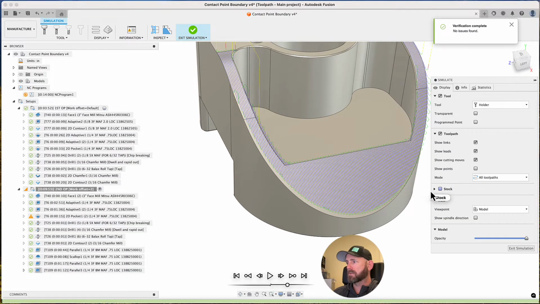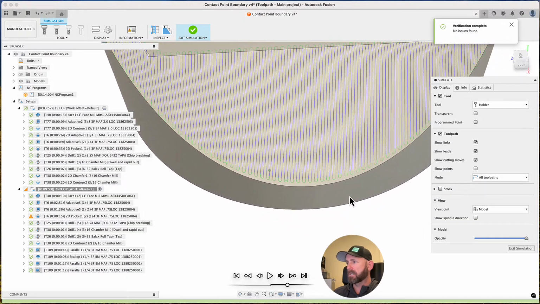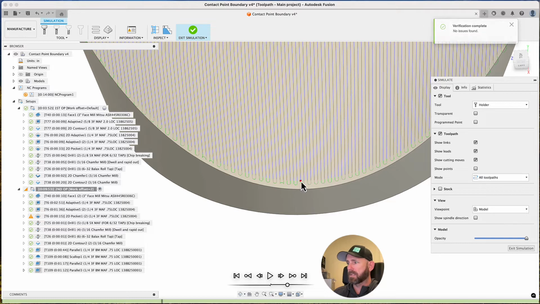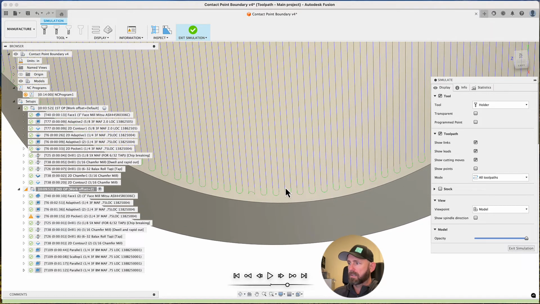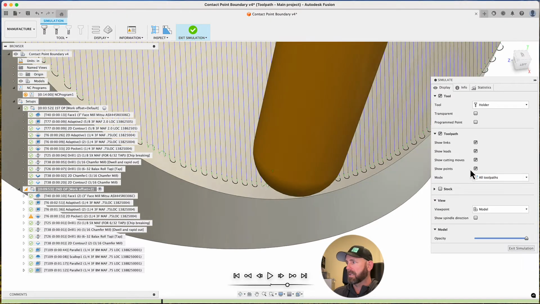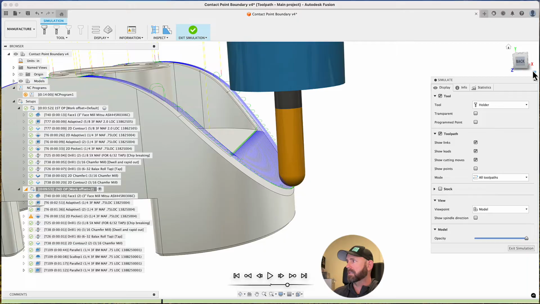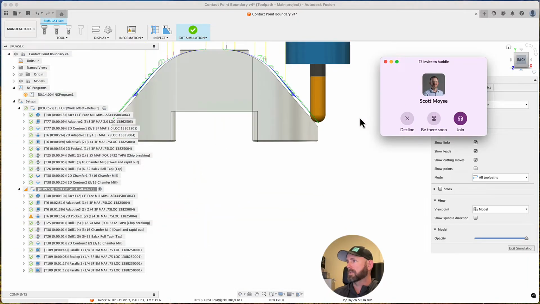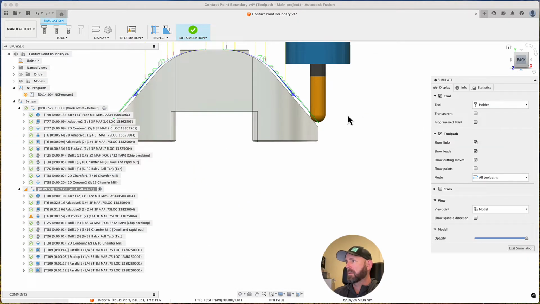Show all toolpaths, no stock. And if you didn't know this tip, it's definitely something you want to have in your toolbox. You can go over these little points in your toolpath, and they'll turn red. And you can put your tool right there. You can come to this back, and